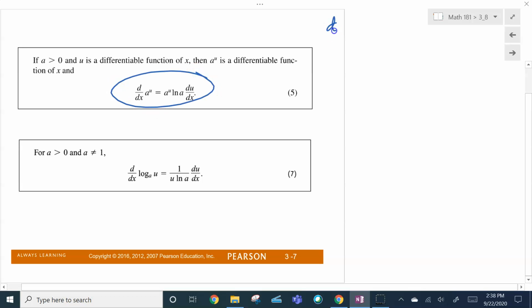This we reminded you about already. I always think of it as just in terms of a to the x, and then if I have to apply the chain rule, I do, right? Now, what about the log base a of u? Now, remember,